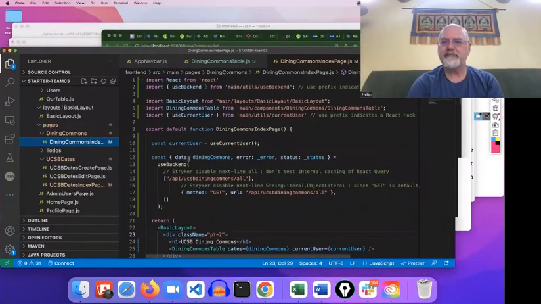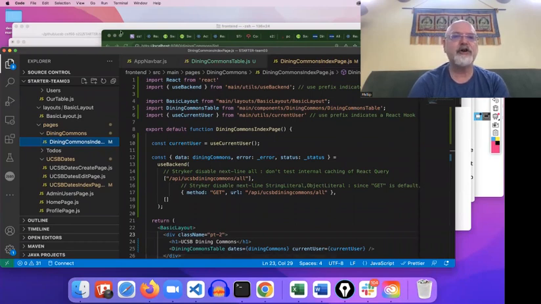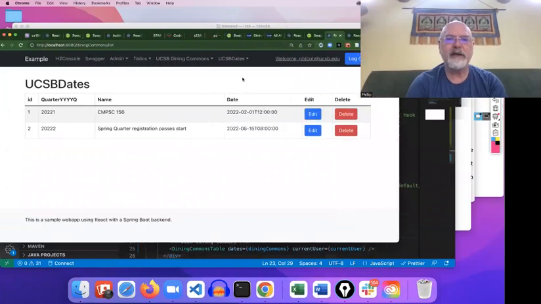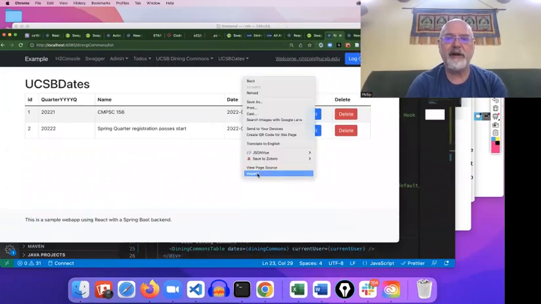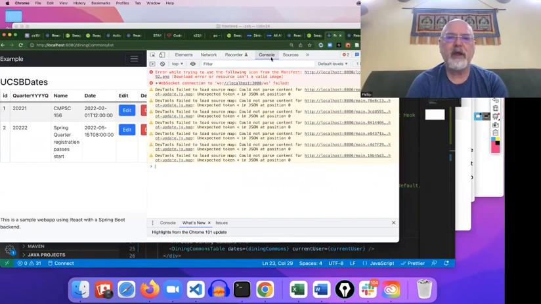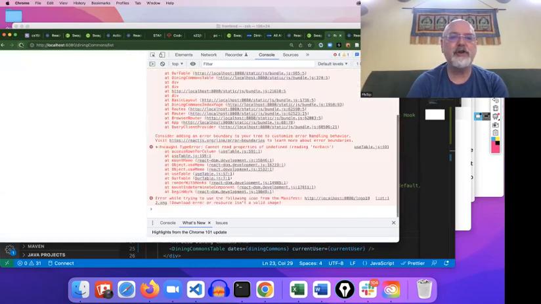Well, first of all, let's see. Does Developer Console show anything? So that's a good question. One of the things that we can do when we're debugging is we can go here to inspect. We can look on the console, and yeah, I don't really see anything. There's not really any clues here, but if I refresh the page,